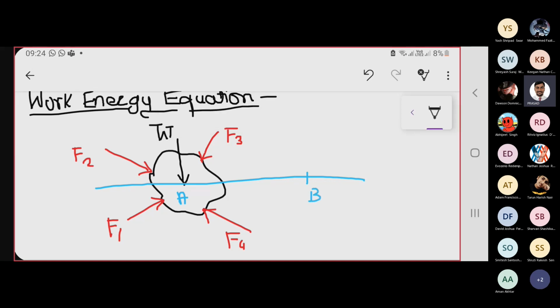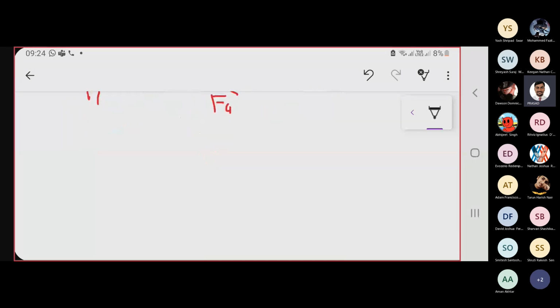Let's say small a is the acceleration, v is the velocity, and S is the distance. Now, what was Newton's second law? Do you remember? In mathematical form, force is equal to mass into acceleration, right? We can write